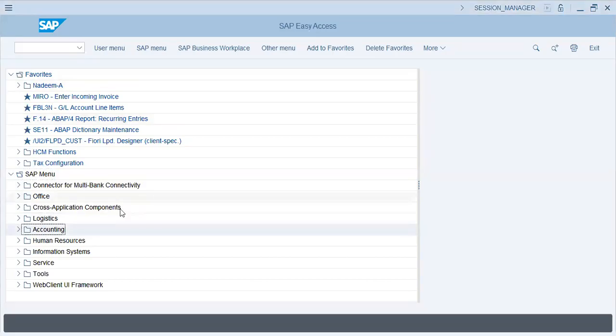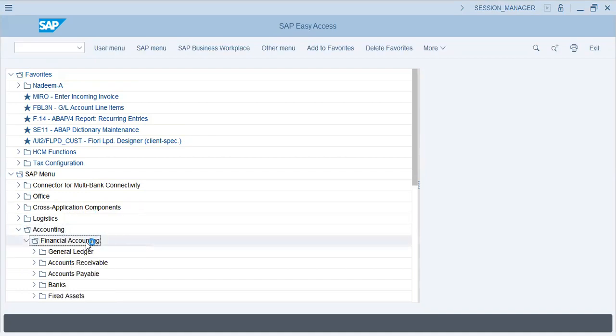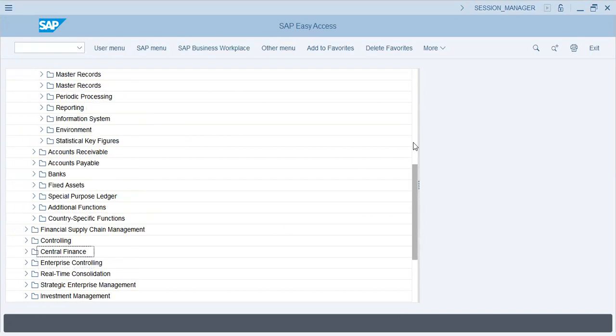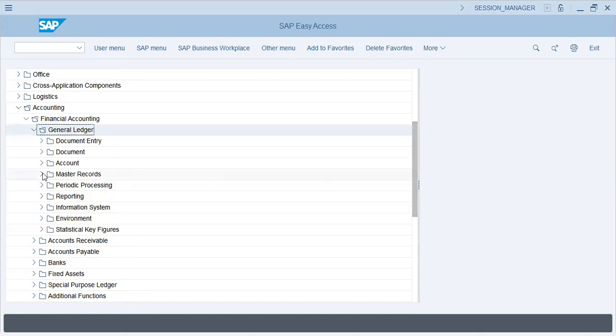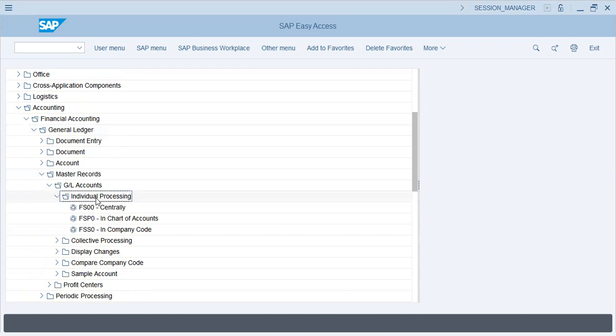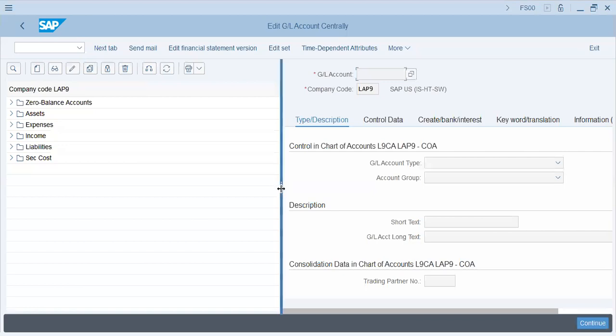Now, in accounting, what we are going to cover is basically areas in financial accounting. In that, first we will touch on the chart of accounts. The chart of accounts basically governs GL accounts, and GL accounts are the backbone of the entire SAP landscape